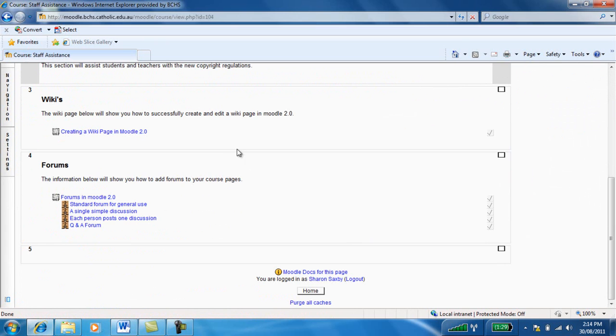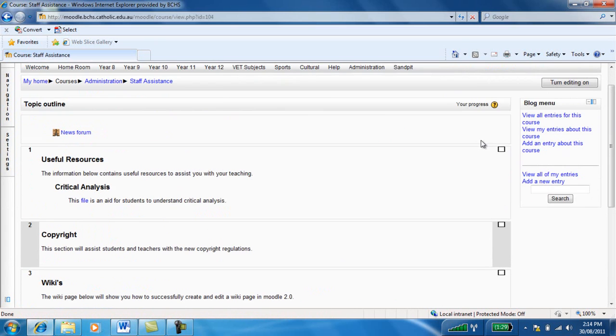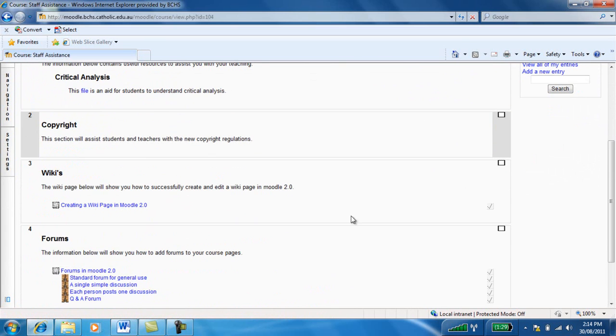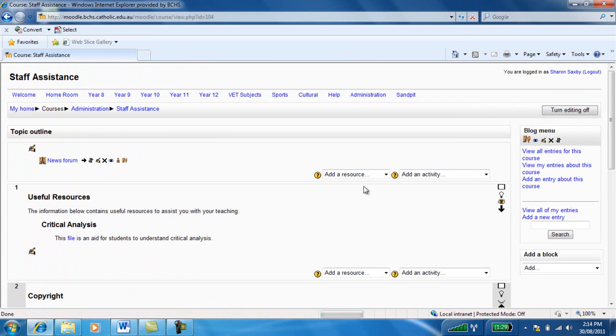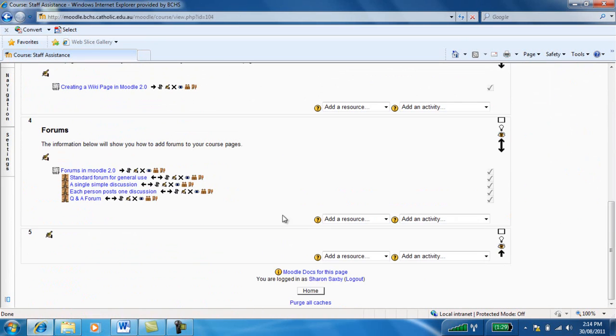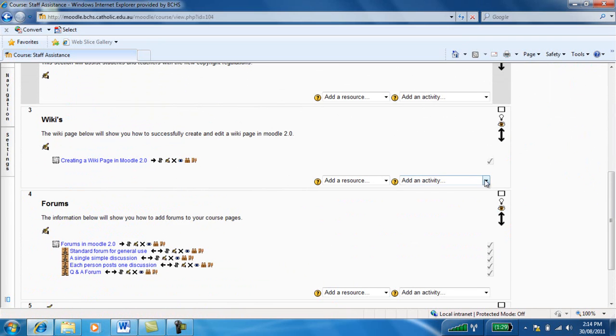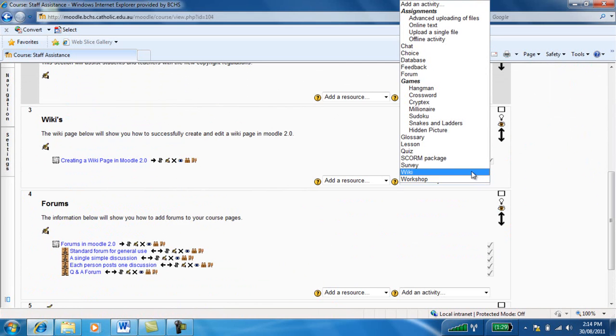I'm just going to scroll down to the wikis. That is where I want to place my new wiki. So the first thing I need to do is turn the editing on button, which is on the right hand side of the screen, and this will allow me to add stuff to the page. Over in the add an activity drop down box, just select wiki,